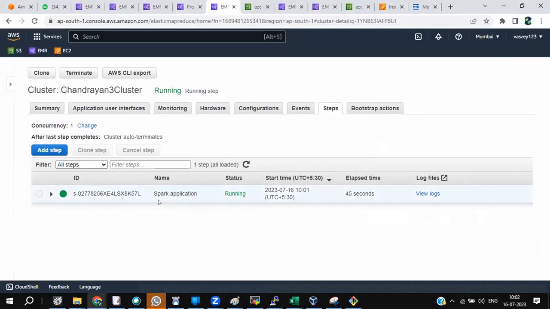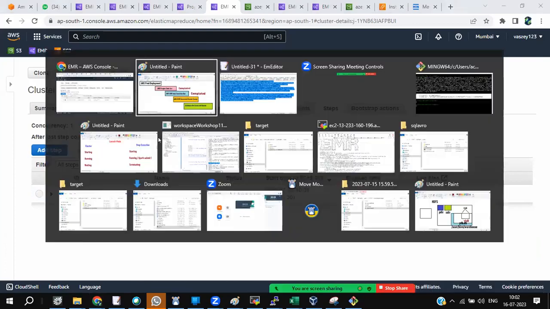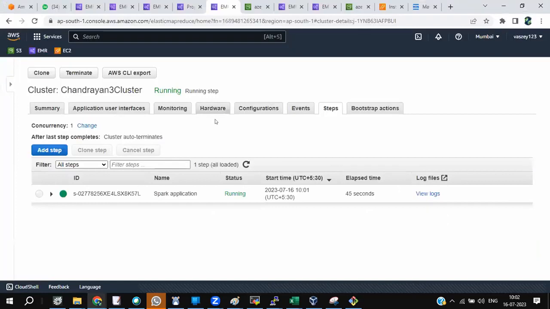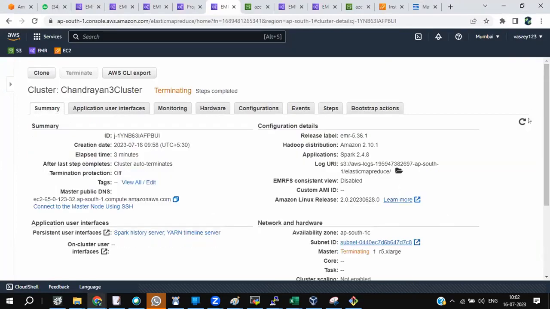Right? I didn't touch the AWS console. Did I touch the AWS console to automate this? I did not touch the AWS console. I didn't even go inside to do any manual work. One guy is doing all this, the command runner script. So this guy completed and it will terminate also. See, it is getting terminated. Started, it ran, got terminated.